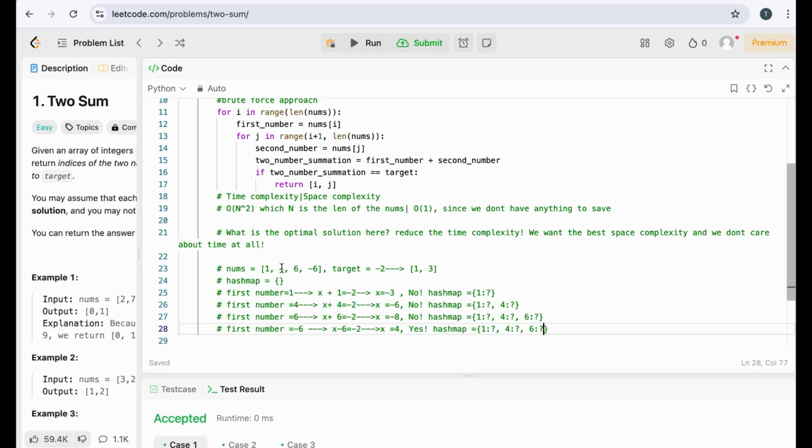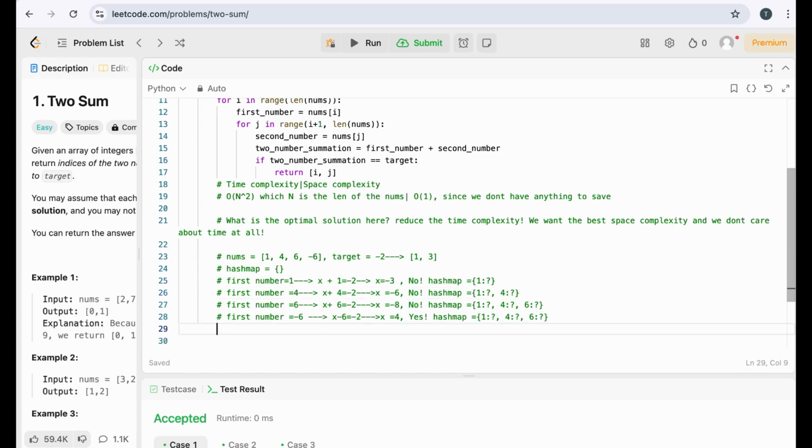Since going to this array to find the index of 4 takes O of n time again, but with this hash map, searching for a number is O of 1 in the best scenario. It has some problem, but let's assume that is O of 1 here. So if we save the indices of the number here,